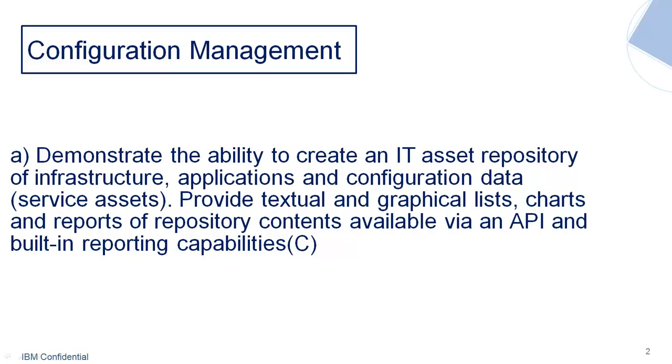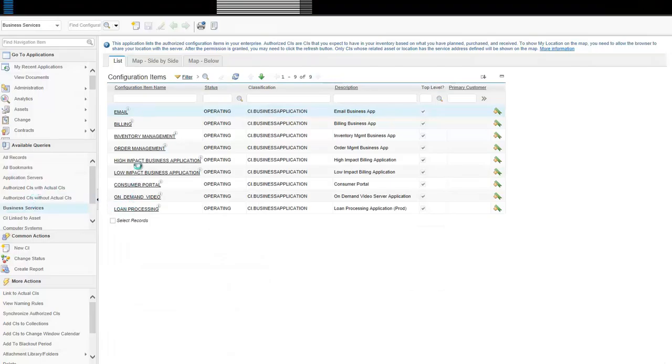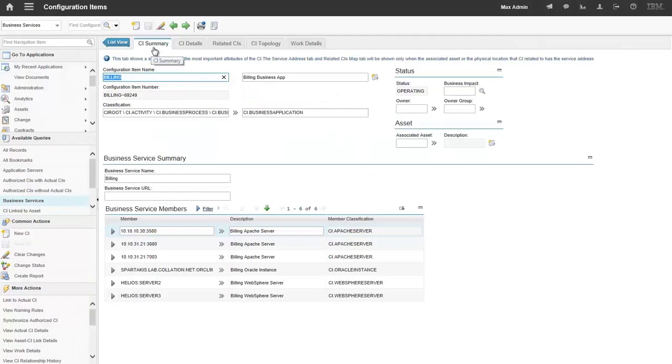Configuration Management Scenario A. This is the Configuration Items application. Shows our repository of infrastructure, applications, and configuration data. Click on Business Services, get different views over here in the queries, and we can select the billing application. So you can see from the tabs on the top, there's a summary, details, related CIs, topology view, and